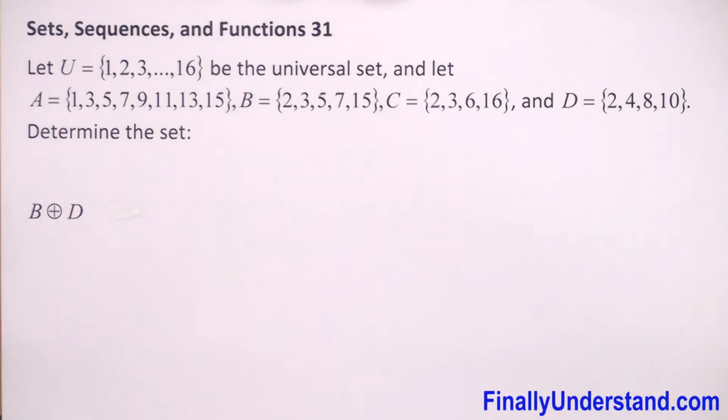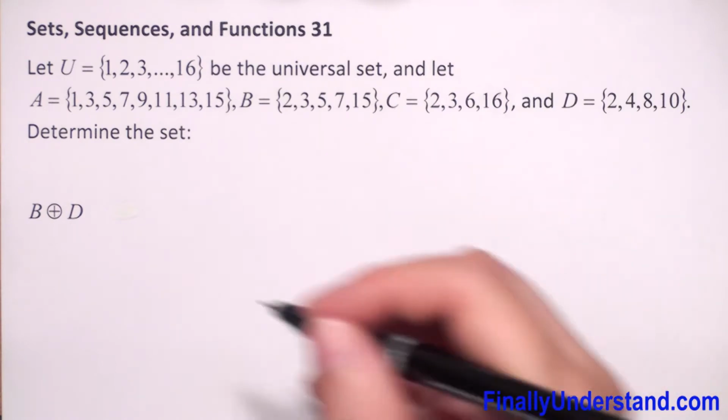We have given universal set U and we have sets A, B, C, D. In this example, we have to determine the symmetric difference of sets B and D. First, what is the symmetric difference? The symmetric difference of sets B and D consists of those elements which belong to B or D but not